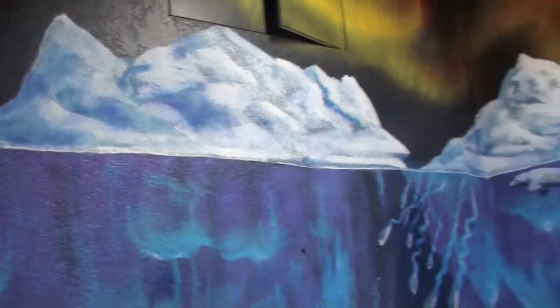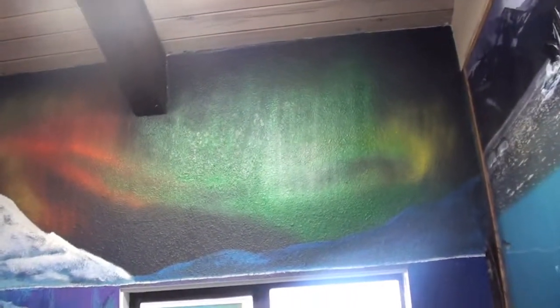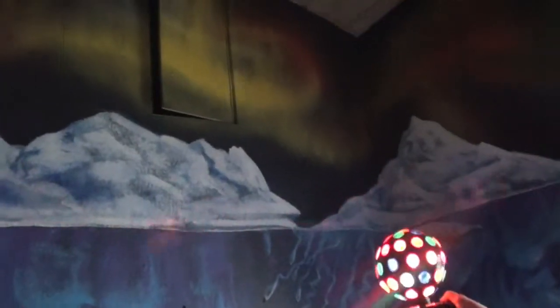And then here we see the Aurora Borealis being depicted. And if you notice, there's different colors. You'll notice there's the purple, and there's the yellow, and the green, and the red. And I want to talk to you about what causes that here in just a second. So hold that. But again, I'm going to cover this window, and you're going to see this. And so you'll notice that there's red, and red is caused by